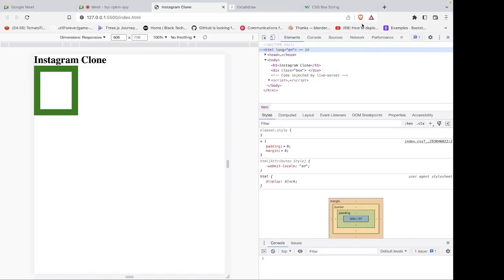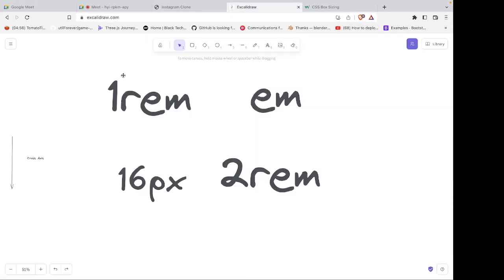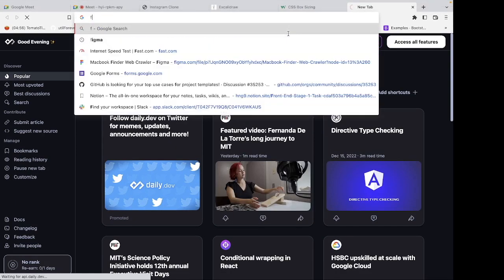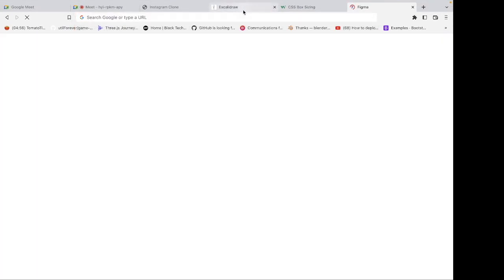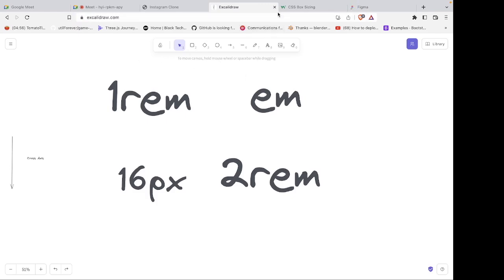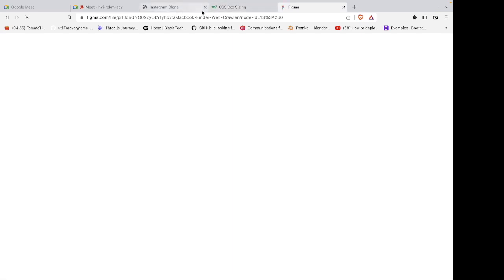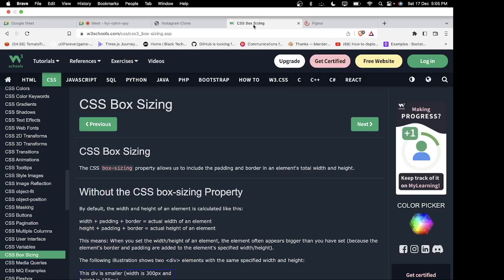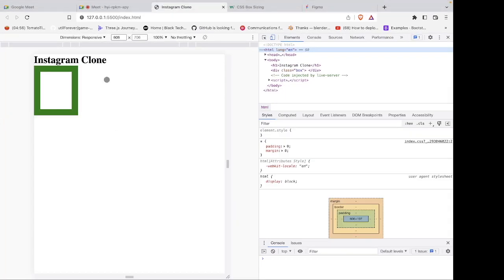Now, let me see if I can do a better diagram here. I would have used this tool, but I don't think it would be good to work with this. So I'll use Figma to give my illustration now. Just wait a minute for Figma to load. Okay, why is Figma taking forever to load? Right, but depending on when Figma loads,